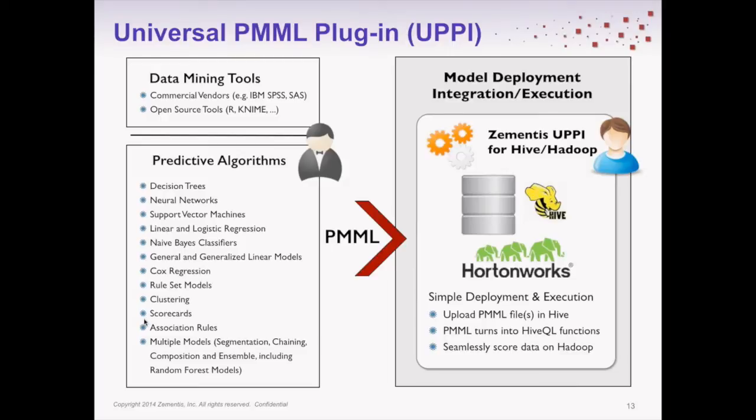You take that and move it with PMML on top of your Hadoop infrastructure. And that's really where you get the power of an established infrastructure that your IT team has put together. It's very simple to deploy. It leverages basically PMML and Hive by turning PMML models into HiveQL UDF functions. So it becomes a user-defined function, and then you can seamlessly score that data on Hive. You get all the benefits of this infrastructure that you already put in place without any extra work.